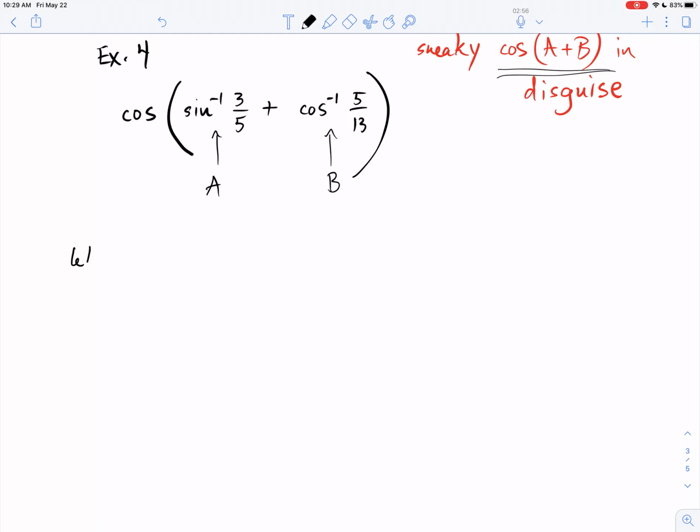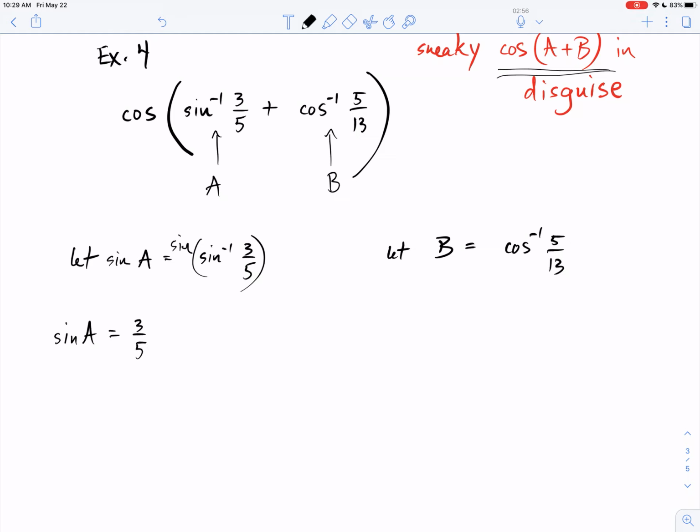I'm going to say let A equal sine inverse of 3/5. And I'm going to say let B equal the cosine inverse of 5/13. Let's do one at a time. I'm going to do the sine one first. So I'm going to take the sine of this, right? So I get the sine of angle A is equal to